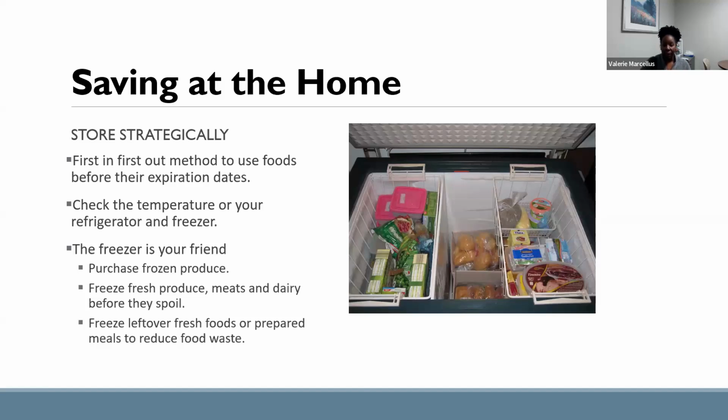And so aside from the unit price, another good value to check out on the packaging is always the expiration or the best by dates. A lot of foods will have a use by or freeze by date. And so best by dates are just that. That is the date up to when they can